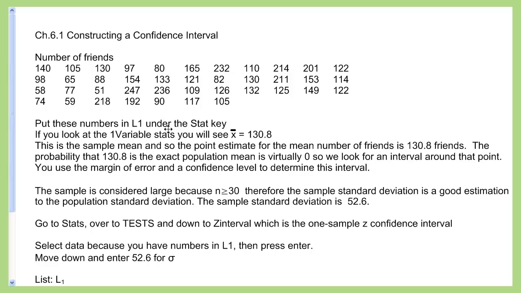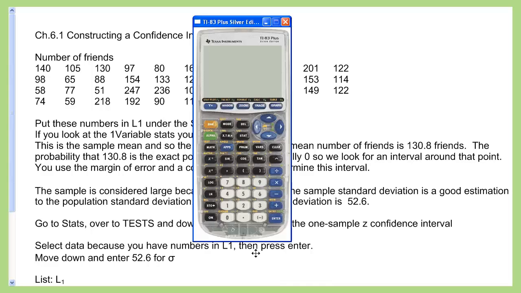So you're going to put these numbers in L1 and under the stat key, look at one variable stats, and I'll see what my mean is. I've already put the numbers in to save myself some time, because I can only record a certain amount of time. So here are my numbers in L1. I press stat, go over to calculate, and I want one variable stats. There's my mean, here's my sample standard deviation and my population standard deviation,